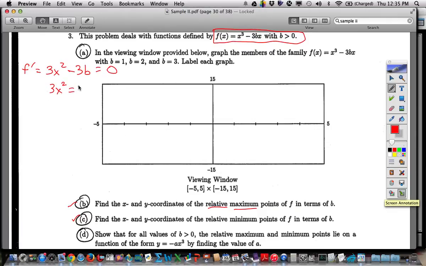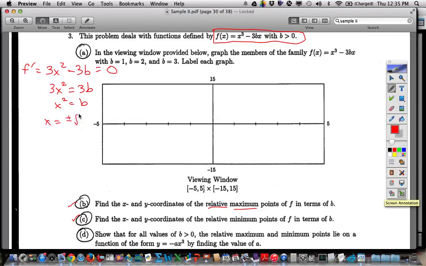Now, see, with your calculator, since this did say use a calculator, your calculator will solve this. You can tell it to solve for x, and it'll solve it in terms of b. But I think we should practice it as a no calculator because that's how this test is going to be. And if I were making, which I am, making up the midterm, I would put this question in the no calculator part. I wouldn't have asked this first part, and then I would have put it in the no calculator part. Okay? So we go ahead and we add 3b over, we divide by 3, and we do the square root, and we get